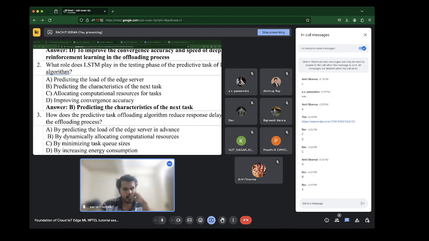Dev has said A. Yeah, so the answer is A, by predicting the load of the edge server in advance.